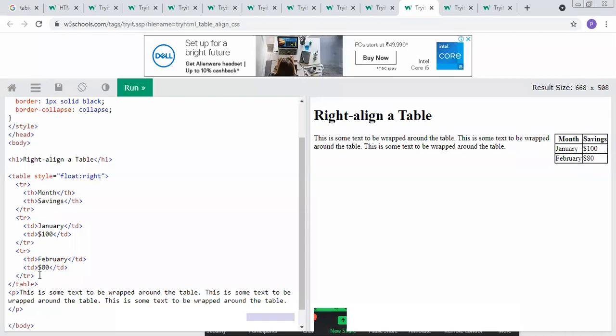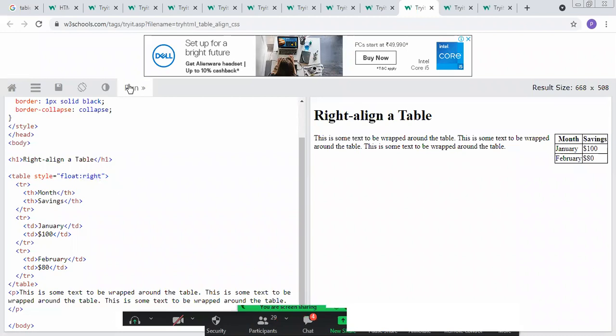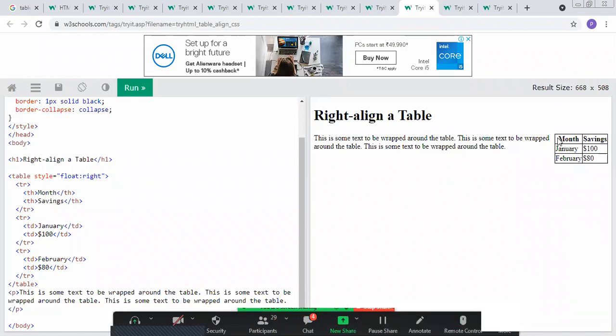So with the help of this syntax, we give the alignment to the given table. This is the reflection of the particular program output.